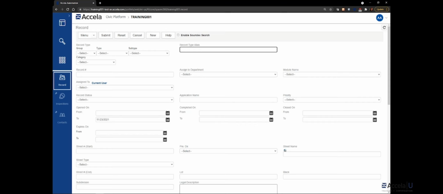Soundex is a phonetic algorithm for indexing names by sound as they're pronounced in English. In other words, a Soundex search identifies search matches based on the way they sound rather than their spelling, taking into account common misspellings. So let's suppose for a moment that I were looking up a record based on an